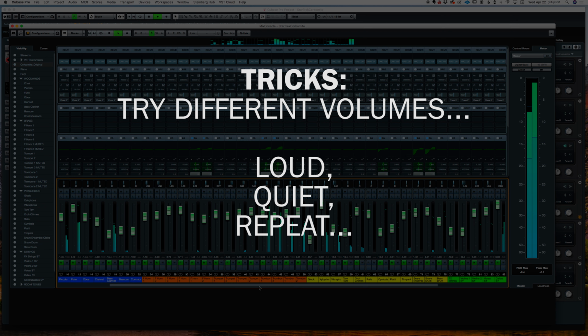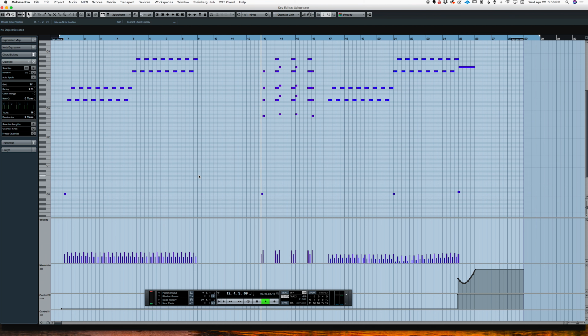And sometimes you can only deduce what's happening. For instance, I had to take my best guess at what notes that xylophone way in the background was playing. So I filled in what I thought would make sense if I were the composer.